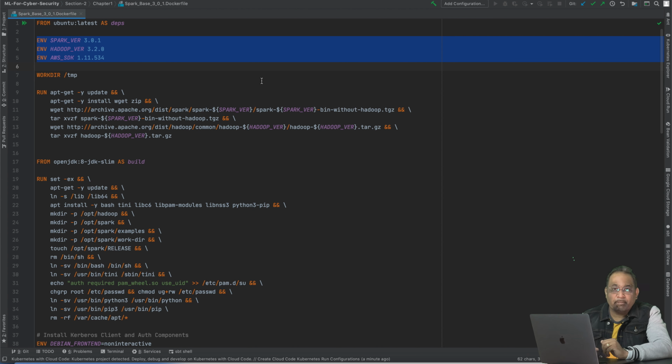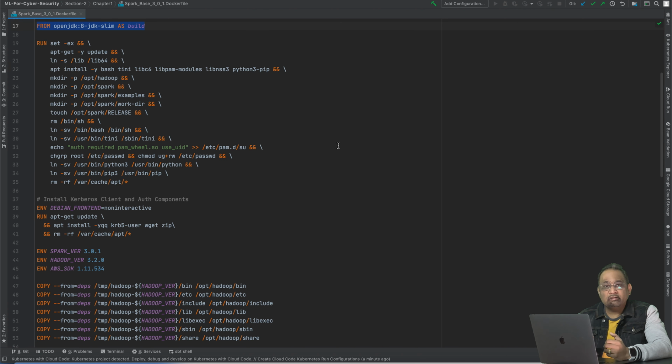The next important concept to understand here is the multi-stage Docker image. With the multi-stage Docker build, you use multiple FROM statements in your Dockerfile. Each FROM instruction can use a different base and each of them begins a new stage of the build. You can selectively copy the artifact from one stage to another, leaving behind everything else, which tremendously helps to optimize the size of the Docker image. The multi-stage Docker image is a very important concept to learn, because as we move forward, soon the image's size will start bloating exponentially, and multi-stage Docker images will help us a lot to keep it under control.